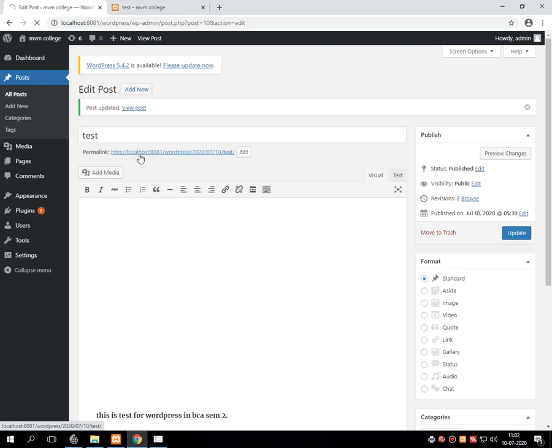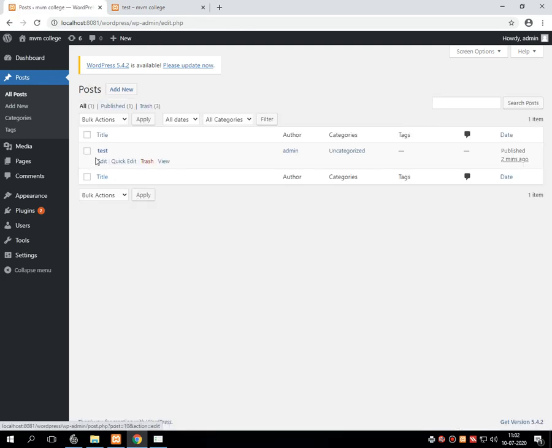Now same as edit, there is another option called quick edit. There is no major difference between edit and quick edit. Using this particular option called trash, we can delete this entire post from the list of posts available on the dashboard.